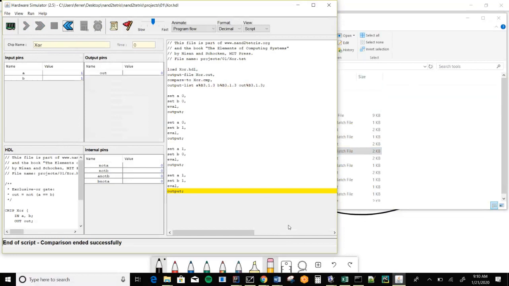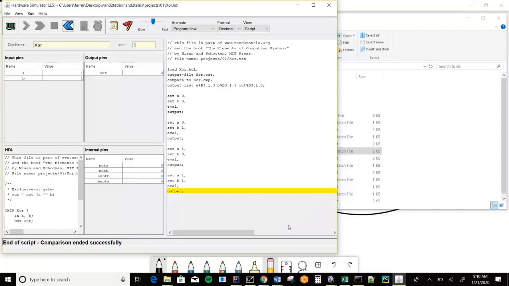Now, why is that? The Hardware Simulator is set up so it first tries to find every chip you refer to in your HDL file in the current directory. If it can't, it then just uses its built-in implementation to run it instead. So this could be something useful if you get frustrated at some point, right? If you're like, man, no matter how I try, I just can't make a NOT out of an AND, you could just move NOT to some other directory somewhere, and then it'll be there for you. So it's an option.